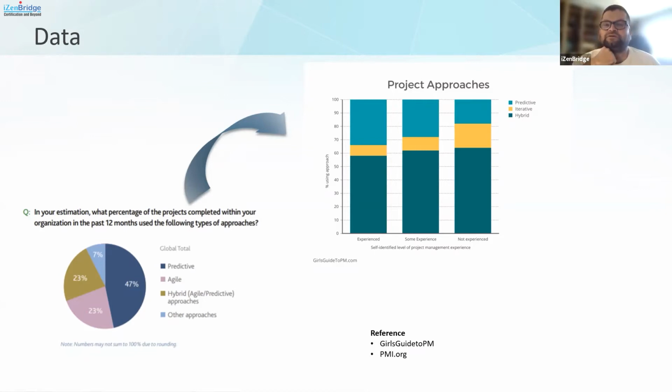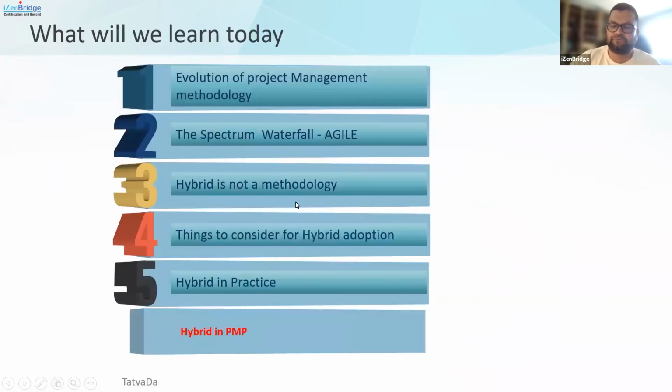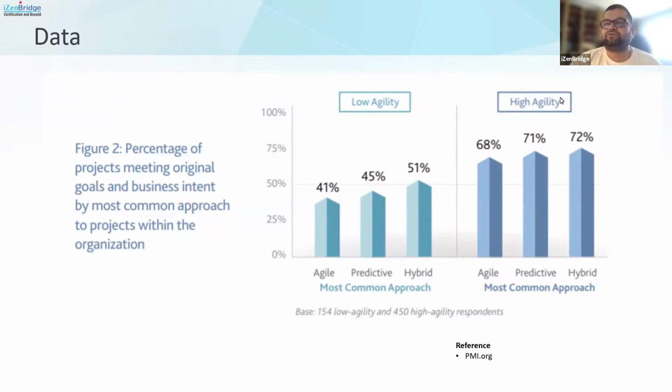If you look at the chart on the right hand side, that's from the Girls Guide to PM, you'll see there is wider usage of hybrid as compared to the PMI survey that was done in 2014 or so. And the Girls Guide to PM survey is quite recent, 2020. So the footprint of hybrid has increased. If you look at another chart, which is again from PMI, you can see that organizations who are agile, who are nimble, can adopt hybrid much more easily than organizations with low agility, which are mostly giant organizations who cannot maneuver their course very fast. But again, this is one of the recent surveys from PMI where it says that,